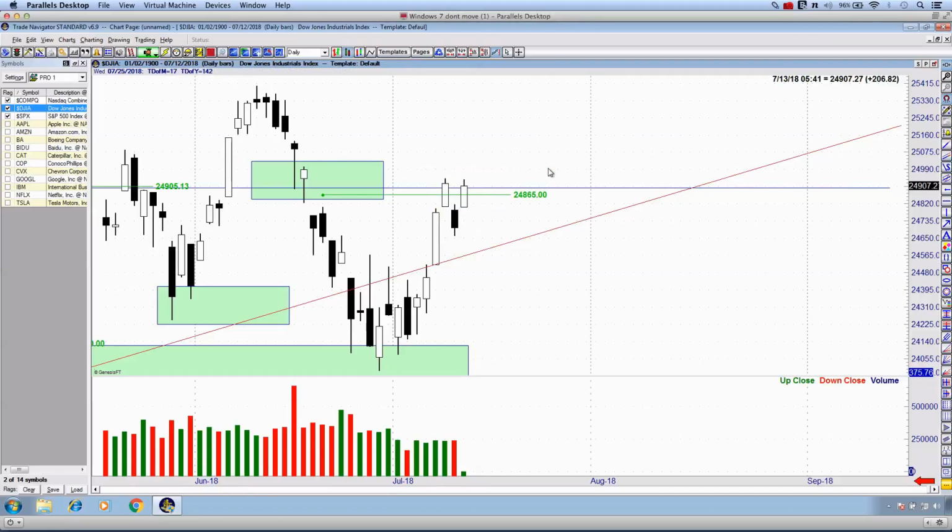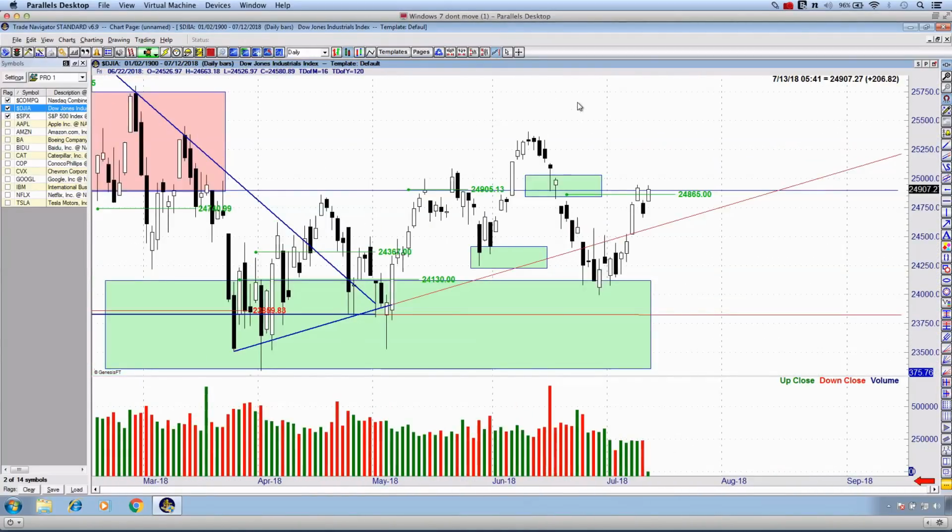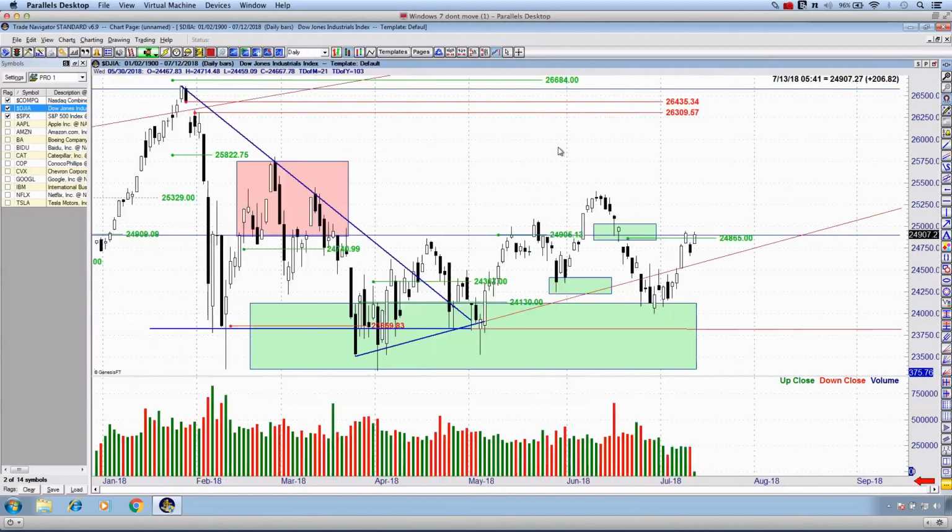Very similar to the S&P 500 as to what I just spoke about. If we do see a movement, really a break of not only today's candle, but also Tuesday's candle as well, you could see this once again rally up to 25,330. Prepare for the Dow Jones Industrial Average to slow down at this pivot. This again is taking us back to the swing high in the month of June. But if we can clear this, we could see this not only close this, but close it very, very quickly,